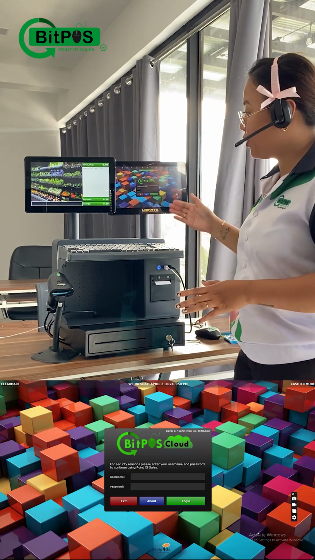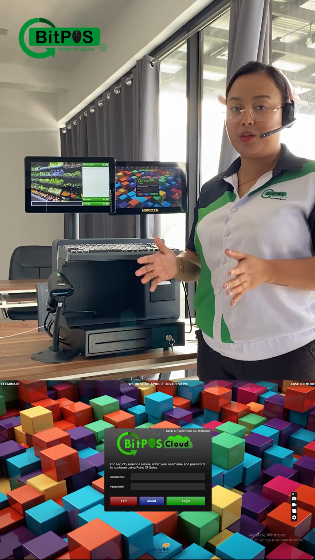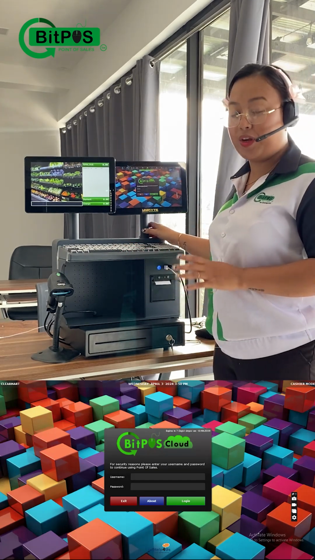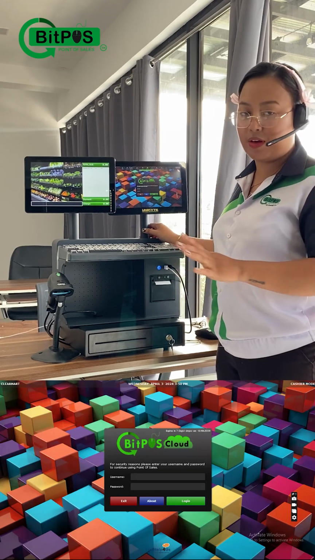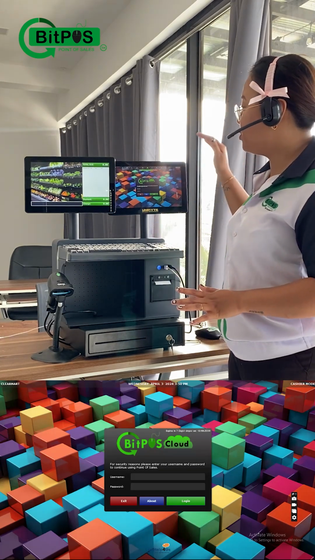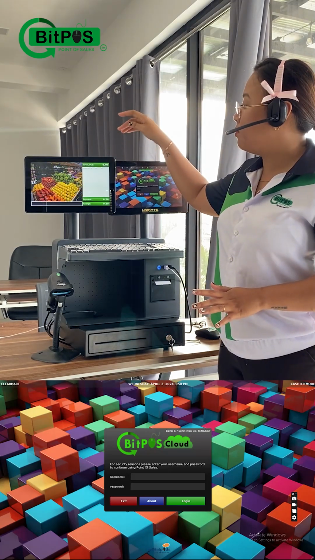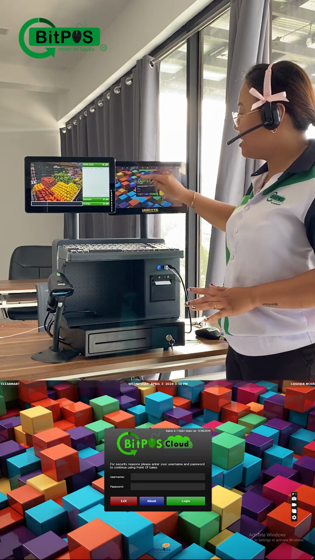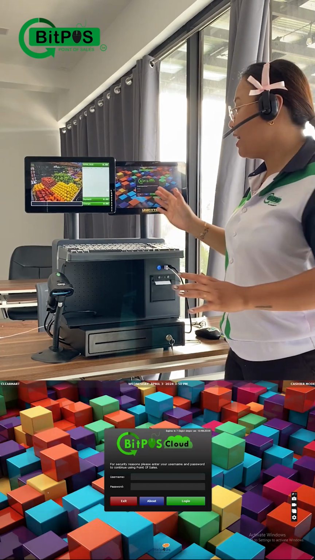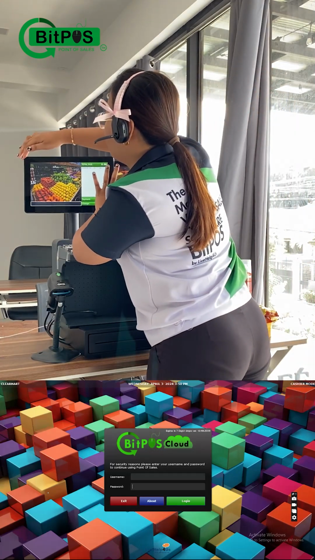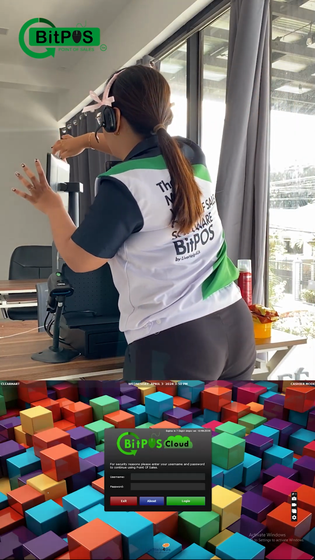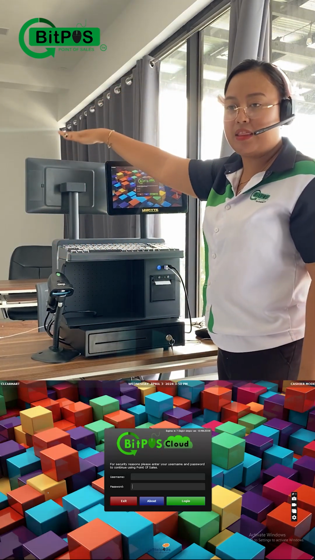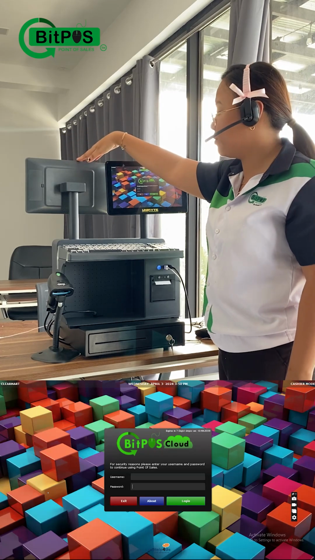But before I discuss further our system features, I am going to show you the setup that I have in this video. So this is our all-in-one, 3-in-1 device setup. This is actually a very sleek design where you have two interfaces or two monitors here, one for the customer's end and one for the cashiering end. The cashiering monitor is a touchscreen, and it is turnable 360 degrees so the customer can see the total amount due, the payment, the change, and the products that have been punched by the cashier.